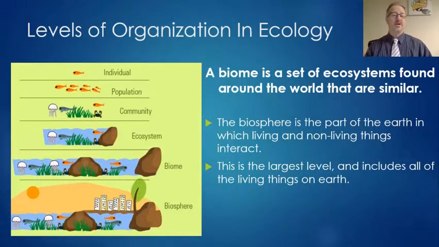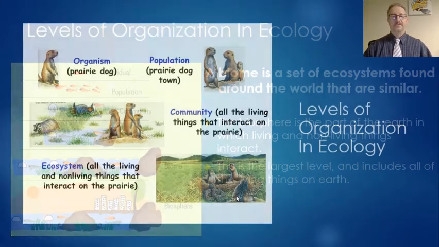So like biomes, we have multiple biomes, we have multiple ecosystems, multiple communities, multiple populations, multiple individuals or species, but there's only one biosphere. And all of these different levels of organization belong inside the biosphere. So we've gone from the very small to the very large. Okay? And as we've gone through each level, we've added more to the pot, so to speak. When we get to biosphere, it's basically including everything, all living things, all non-living things, absolutely everything.